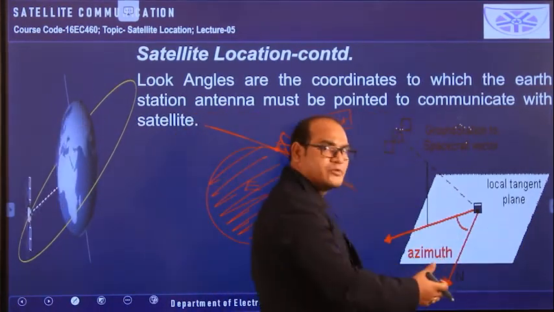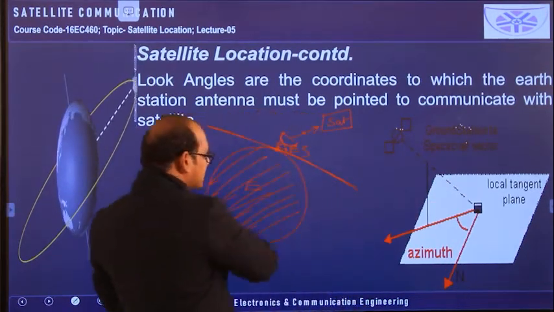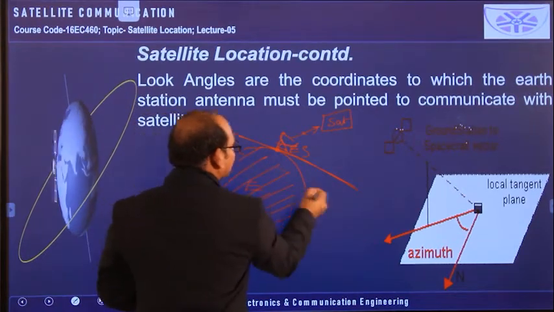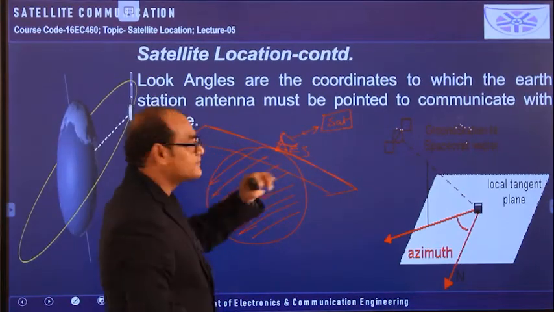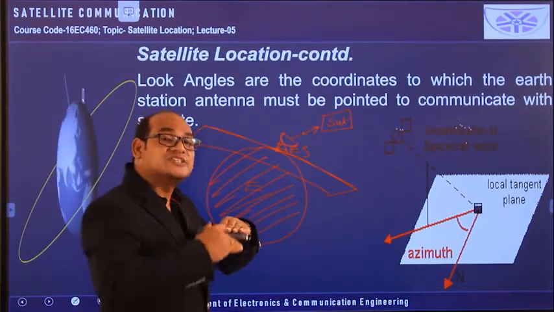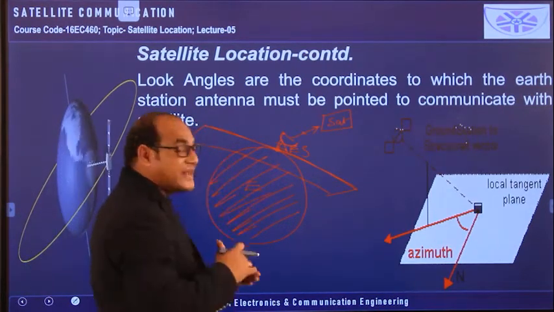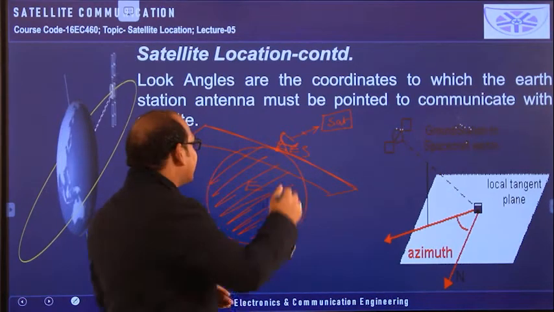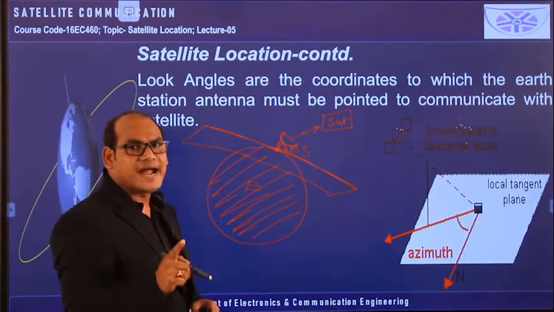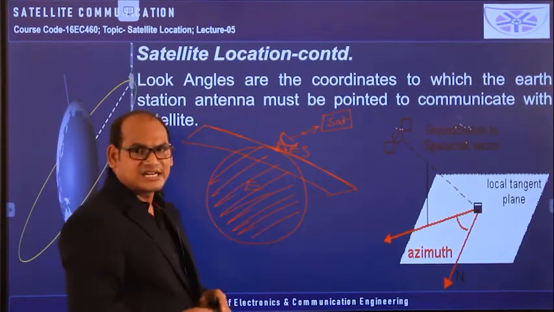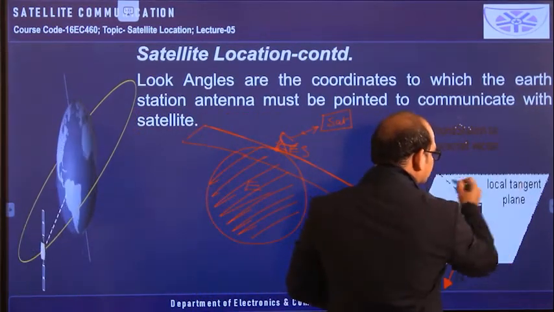In this diagram you are not able to see the earth, that is below this local horizontal plane. Because it is two-dimensional, I cannot draw a three-dimensional view here. So this is not a simple line, this is a plane. That plane is drawn tangential to the earth station. Wherever the earth station is, that is only one position on the earth. So at that point we have to draw one local horizontal plane that is tangential to that particular point. So that local horizontal plane is this one.